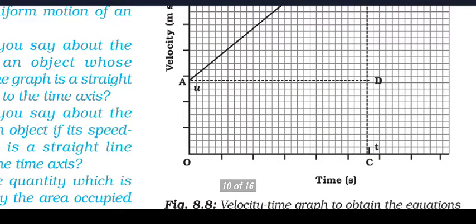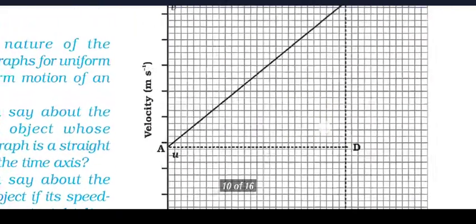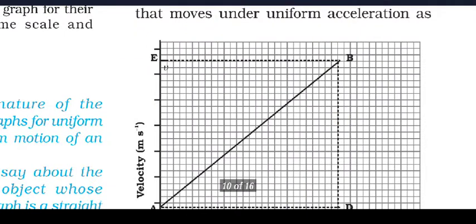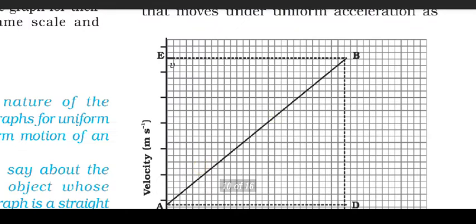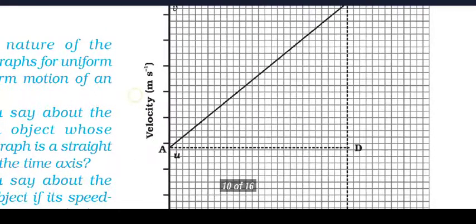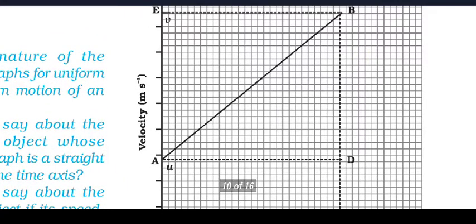Here the velocity starts changing, and u represents our initial velocity. Now, for sure, the initial velocity is not zero here, and we are changing our velocity. We reach up to the velocity at B, the final velocity becomes v, and the time taken to reach it is represented by OC. So OC represents the time taken here, and this line represents the distance.